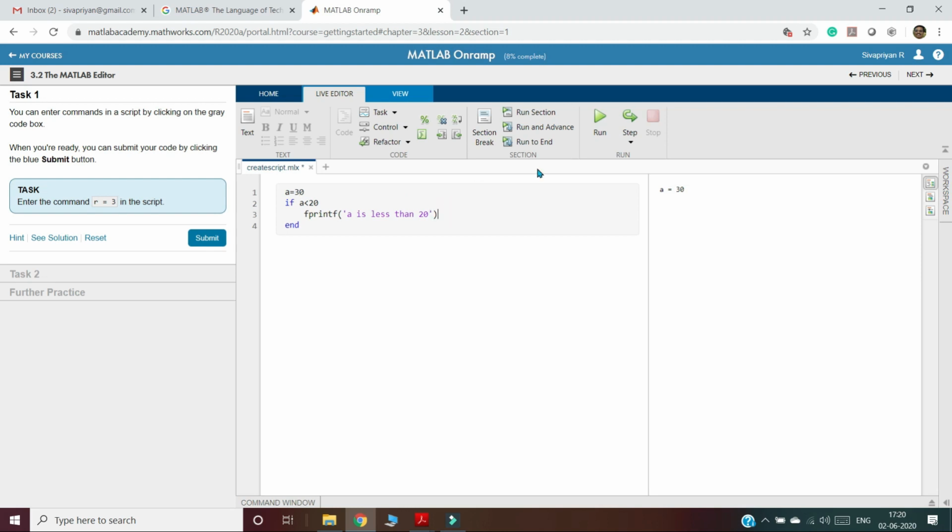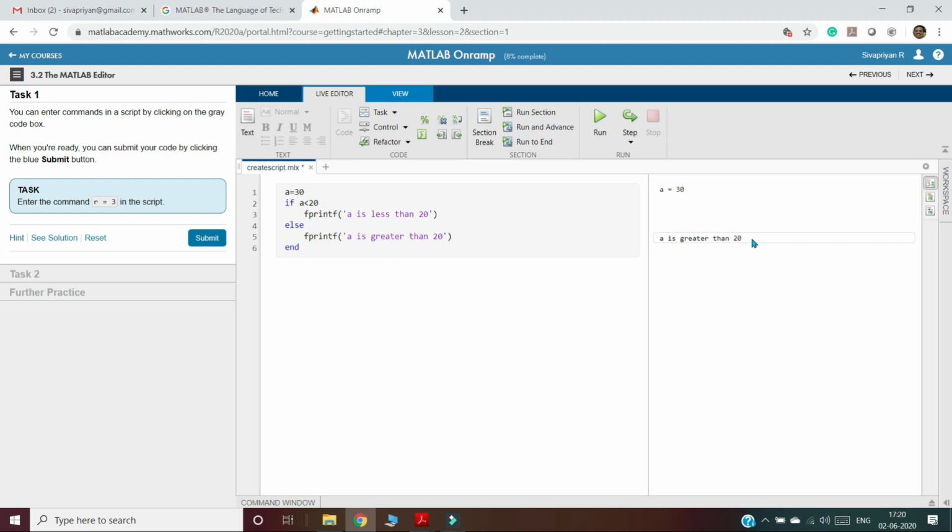If I want else, then else, fprintf 'a is greater than 20'. Now if I run, a value is 30. Since a is less than 20 is false, it will come to that else statement: fprintf a is greater than 20.